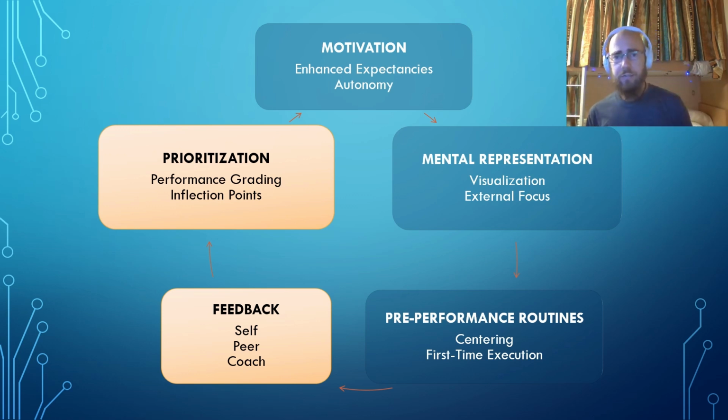Now, one idea here for long-term efficiency is that if we use the first two sources of feedback correctly, self and peer, then our lessons with our teacher or our coach feedback will be much more efficient, with less diagnosis and more prescription, more information transfer, getting more of that juicy information that the student actually needs, and less diagnosis